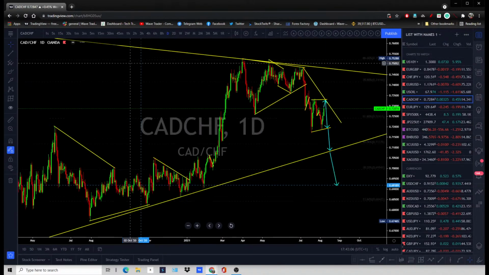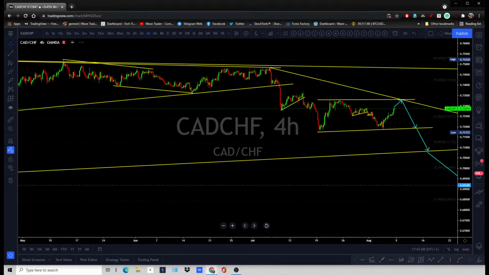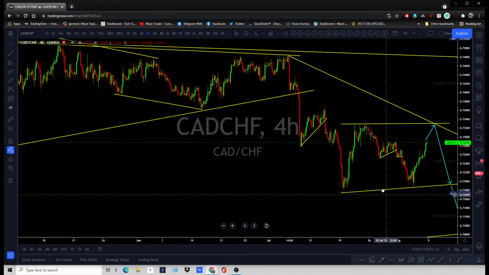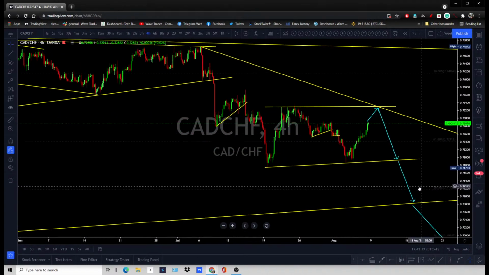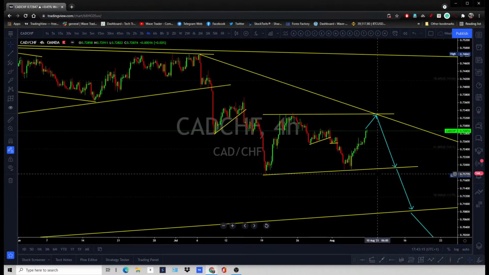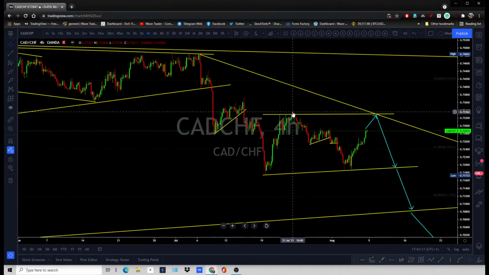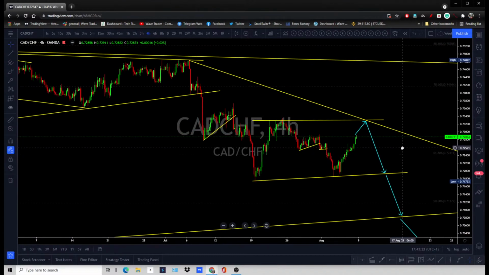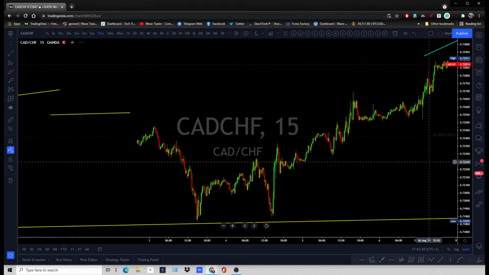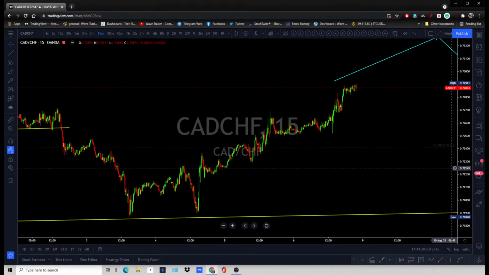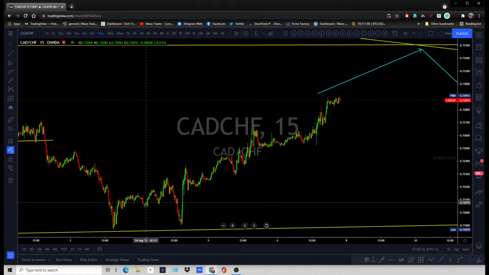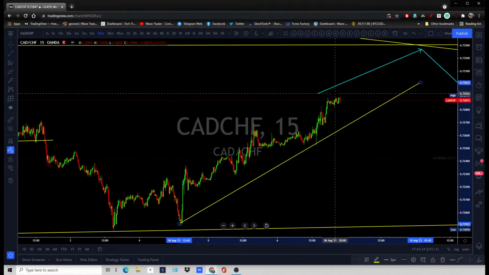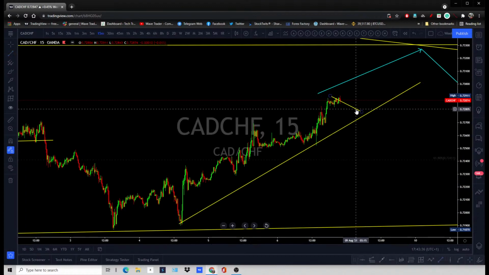So CAD to push higher, push more higher in a flat formation, go all the way up to 23 July and struggle there, 73.40 or 73.50, and then drop. So the chart is very much clear. There is still a possibility that a couple of short-term buy opportunities can appear over there, and you can chase them, like that.